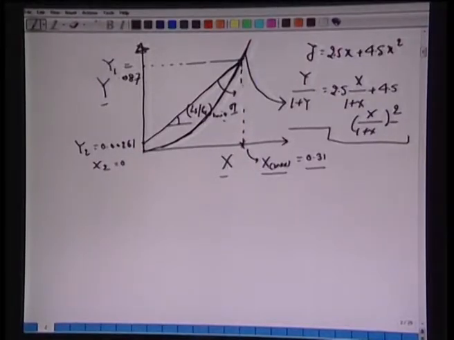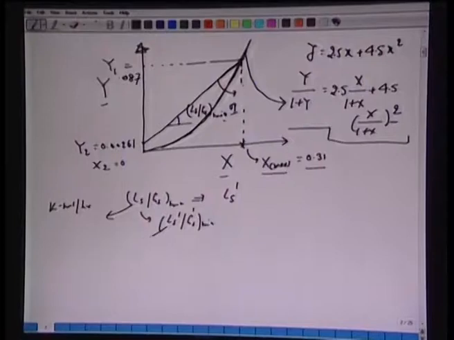Okay. So from here, the slope gives us Ls by Gs minimum. If we know this slope, I leave this as an exercise, one can obtain Ls prime. So note this here. So far we have been used to plotting Ls by Gs, but Ls by Gs is the same as Ls prime over Gs prime. So this is kilomole per hour or per second. This would be kilomole per hour per meter square, so per cross sectional area of this column. So we can write Ls by Gs as Ls prime over Gs prime.